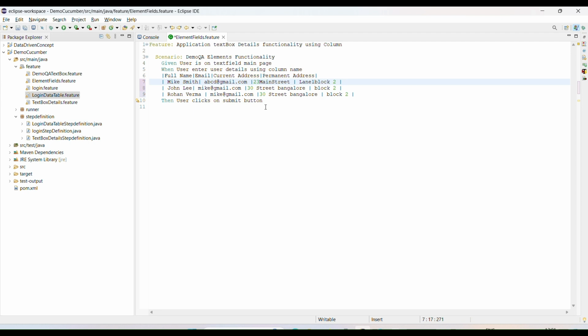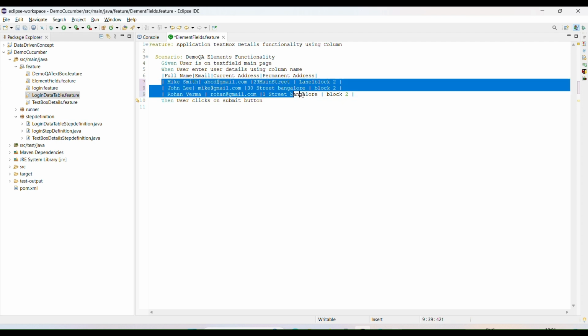You can mention multiple sets, like 20, 30, or 10, whatever data you want to use. You can declare 10 sets of data like this.